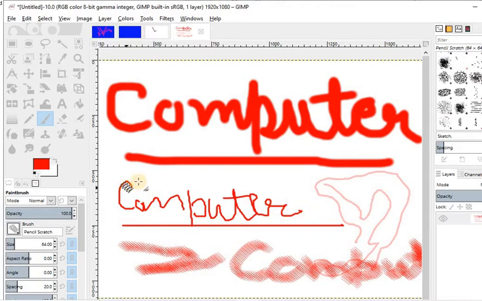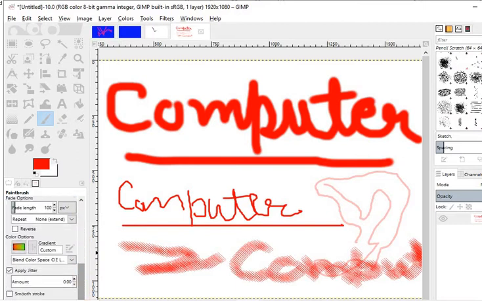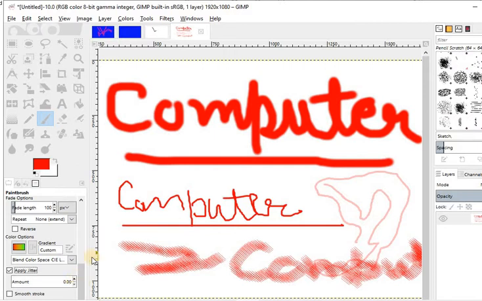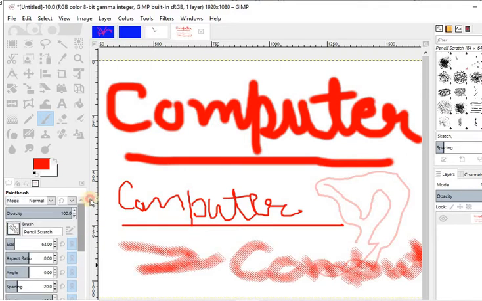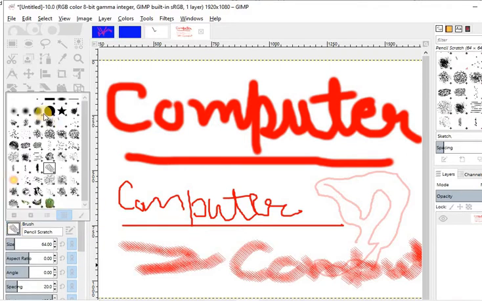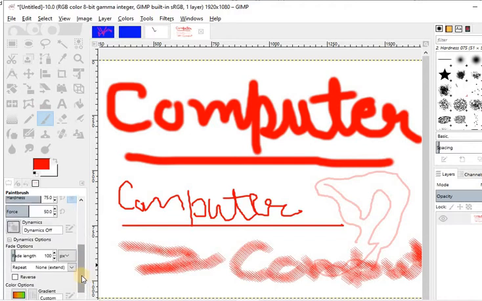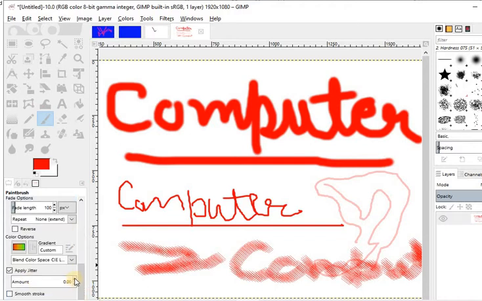And next we have to learn what is jitter. Not glitter, this is jitter. In this, we are going to apply the jitter. It was already applied, but it was 0, that's why it is not clearly visible. Now what we will do, first of all change the brush. The same brush we used earlier, and then apply it to 0.9 as written in our book, so that we can clearly identify.